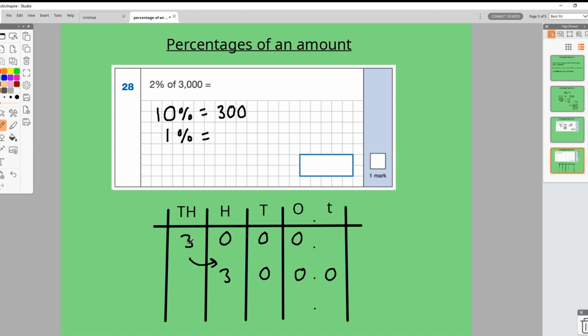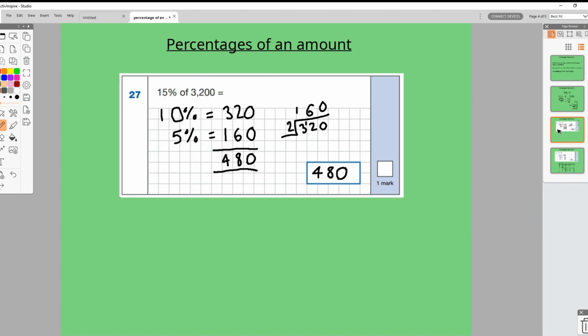If we divide by 10, we move down 1 column. Divide by 10 again, we move down another column. We're left with 30. So 1% is 30. And then all we do is double it. We have another 1% there, and we do 30 and 30. 60. So again, you can see that regardless of whether we're doing 15%, it could be 55%, 68%,